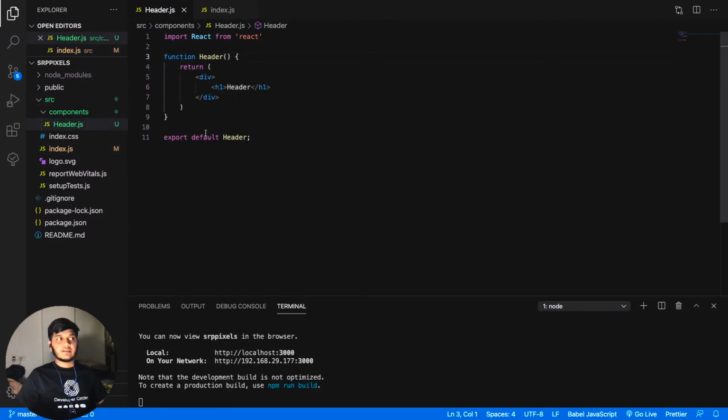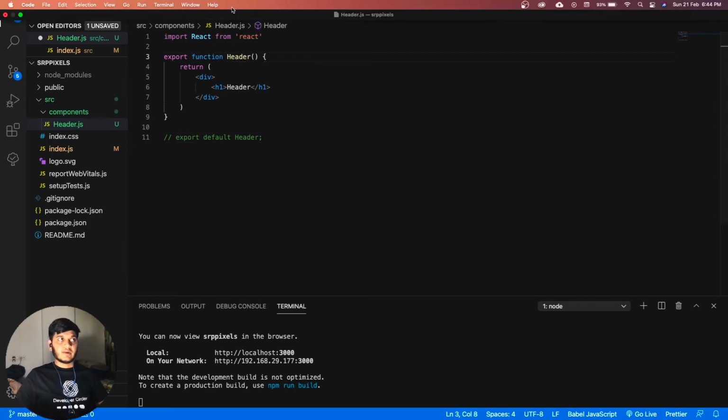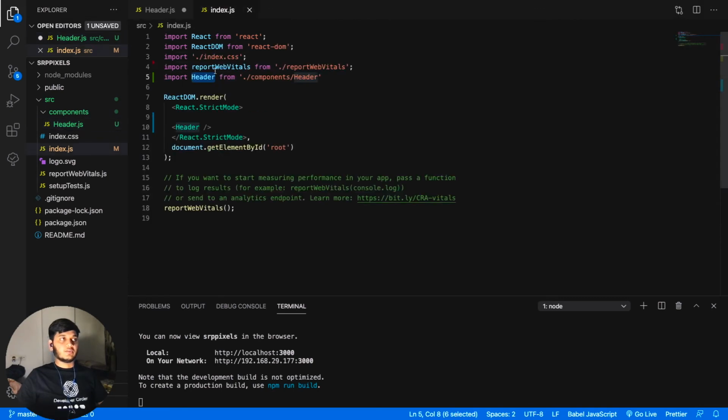It's not necessary to export the component at the end of the file. You can also export it directly from here. You just have to write export here, but there's one minute difference you have to make sure you don't forget. Whenever you are importing this function, you have to mention that function inside curly braces. You cannot import just like that.